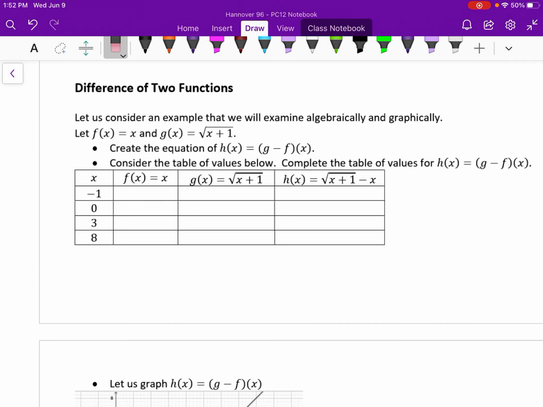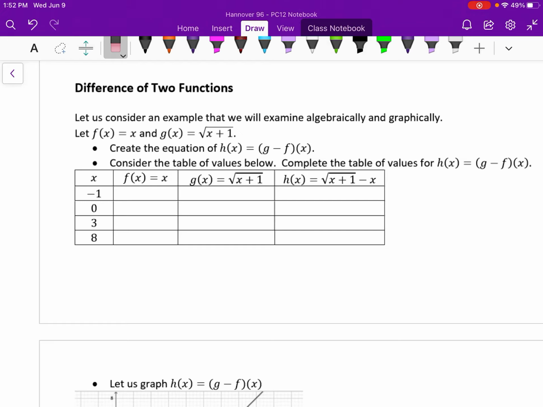We're going to take a look at difference of two functions. Let's consider an example, and we're going to look at it from an algebraic and graphical perspective. So we're going to define f of x as x, and g of x is equal to the root of x plus 1. So we're going to create the equation of h of x is equal to g of x